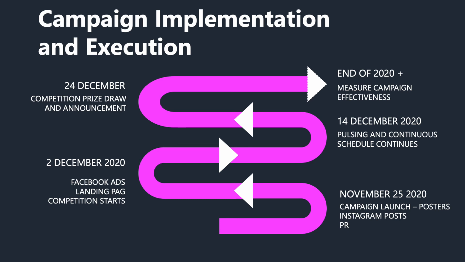Hopefully someone will have a nice little holiday as a present, and then towards the end of 2020 and the first few weeks of 2021, we'll be measuring the campaign effectiveness across KPIs. Some of those KPIs are, for instance, Instagram. We'll be looking at what the engagements per follower were, what the follower growth is, any comments that were received, what sort of reach we had, what the most engaged hashtags were, and seeing if there's any referral traffic from the Instagram posts.